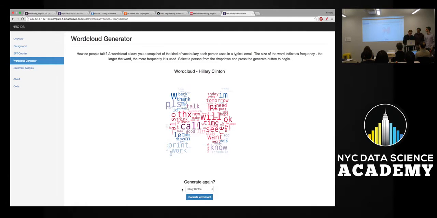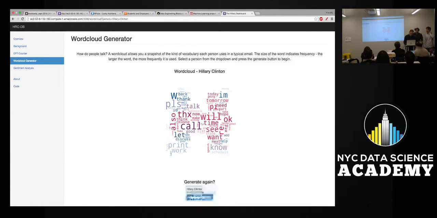Now, if we compare that to some of the other people, what's that? Colors are relevant. That's just for readability, and for prettiness. But I thought you might actually ask about the odd shape that we had chosen. Does anyone know what the shape is? It's Hillary's logo. Yes, it is. Just for fun, right? Because you have to have a little fun while you're doing this stuff.